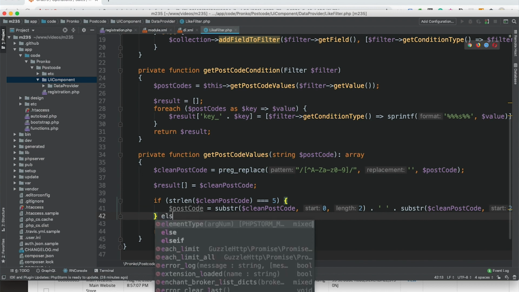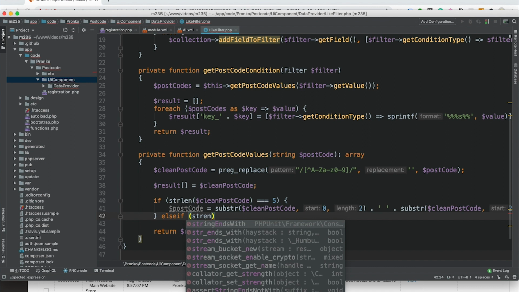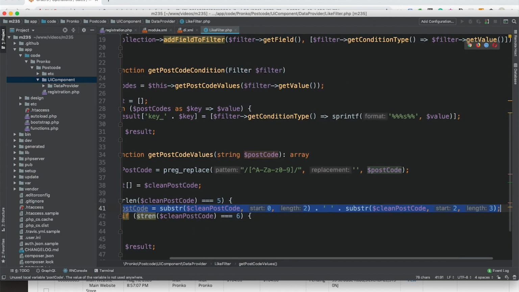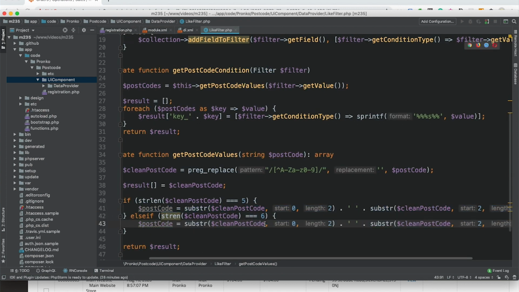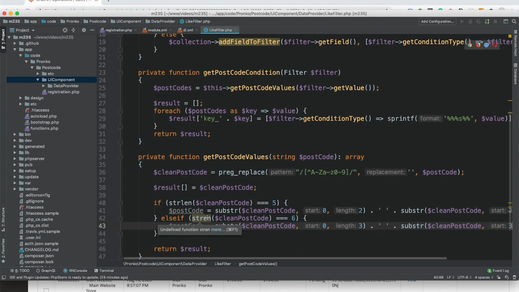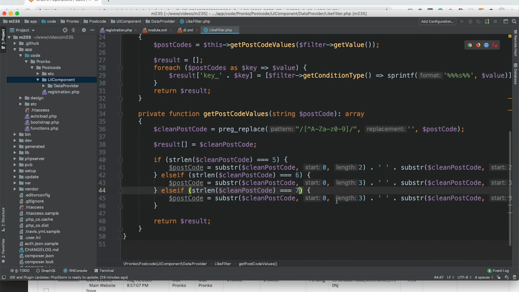And similar for 6 and 7, we will check if the size is 6. I will copy it, and we'll replace, and 7.